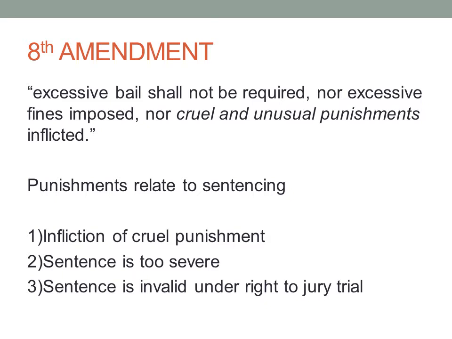The Eighth Amendment says excessive bail shall not be required, nor excessive fines imposed, nor cruel and unusual punishments inflicted. So cruel and unusual punishments, those relate to the sentencing component, which, like I said, is criminal procedure. There are three areas that we're just going to touch on. What is the infliction of cruel punishment? When is a criminal sentence, or what can be deemed a criminal sentence, too severe? And when can it be invalidated? A criminal sentence is not proper, or did the judge do something improperly relative to a sentence?